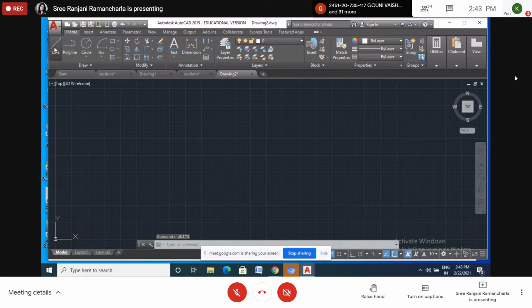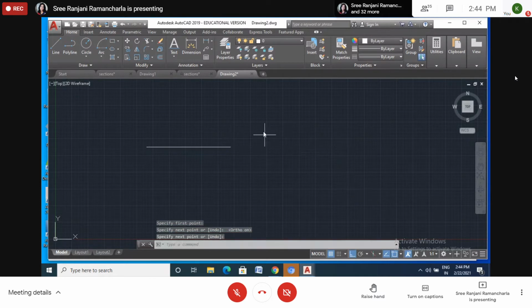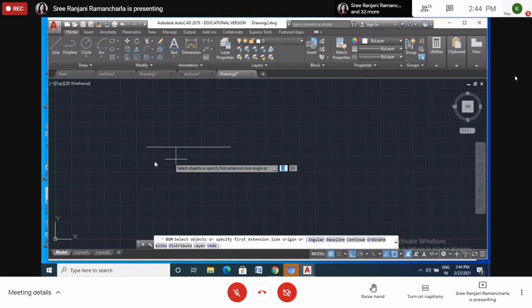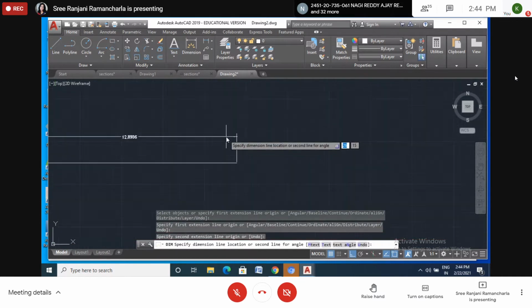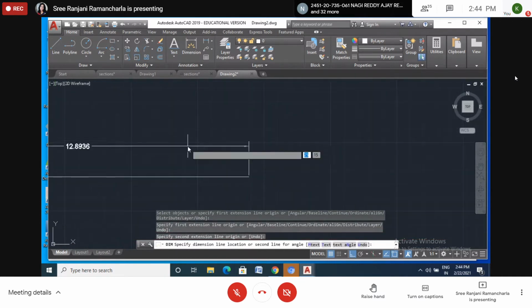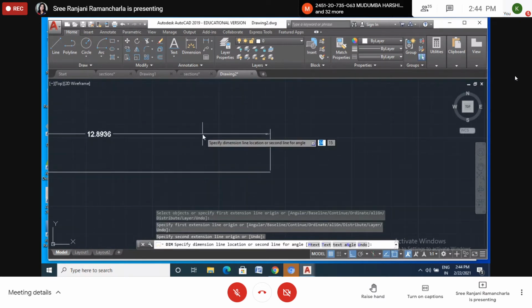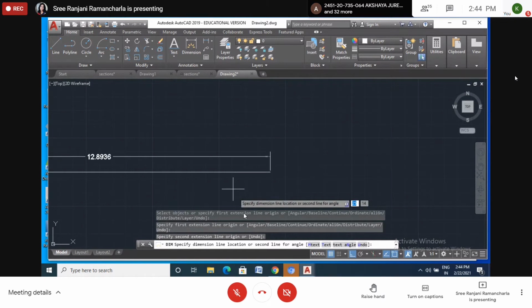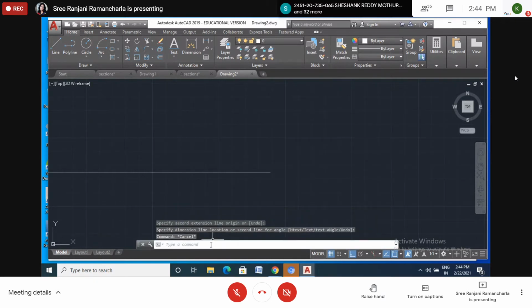Now I will take an unknown length. Let us take some length. Now here I want to measure this one, from here to here. So it's showing, I think here I have not saved. See here, after the decimal how much it is showing. Let me see again. Yeah, it's showing 4 decimal points. Yes, just wait.